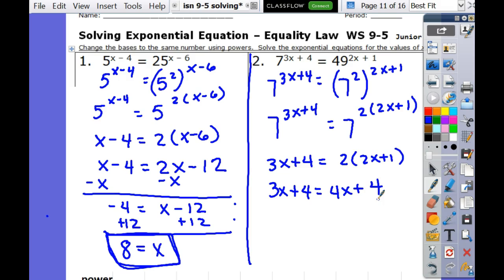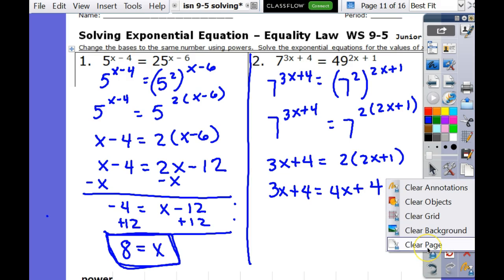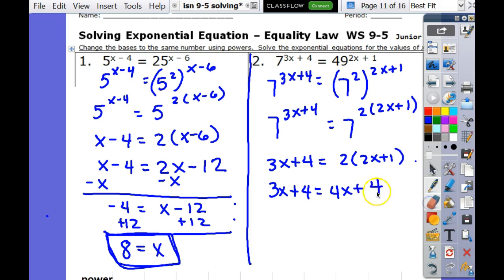So far, so good? What's going to happen here on this one? I keep thinking I made a mistake. Where? I'm getting it mixed up with a different problem. How about right there? Is that better? All right, and so then